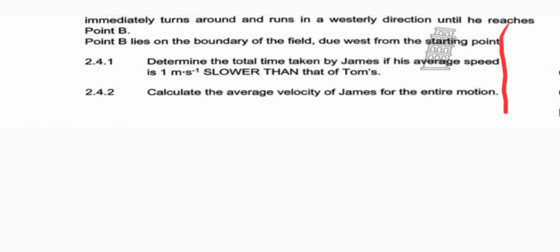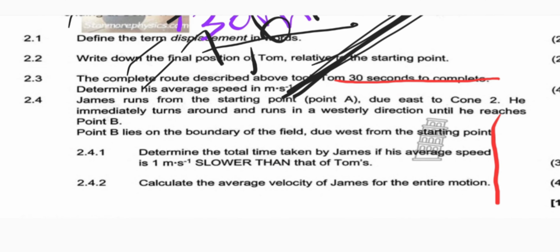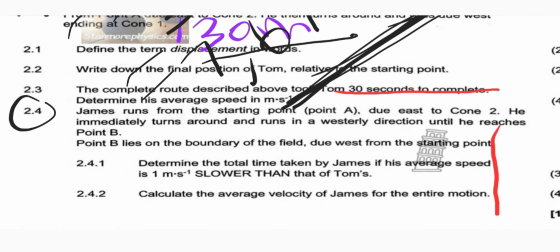There were two boys here that we were talking about, James and Tom. I believe that I've done justice with Tom. So we'll go through James and see what exactly it is that you must know about James. And if you have any questions, of course, you can ask them in the comment section and I'll get back to you. So I believe that you will be able to do question 2.4. It's about James's motion. Try to analyze James's motion.